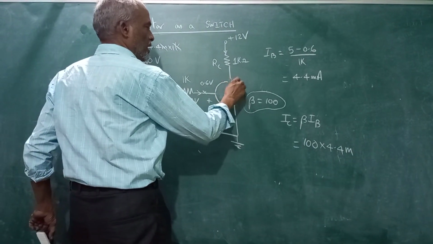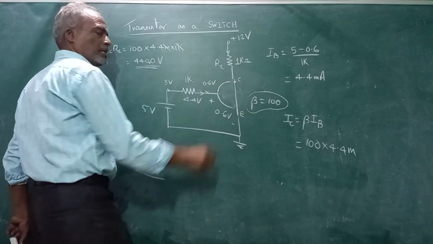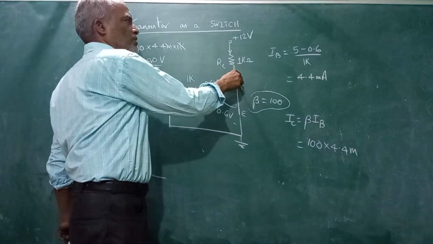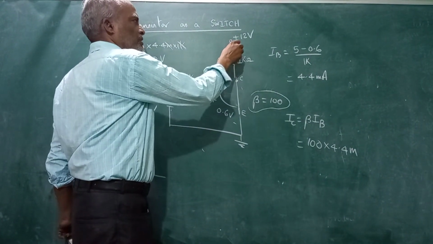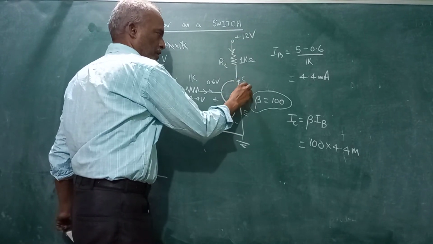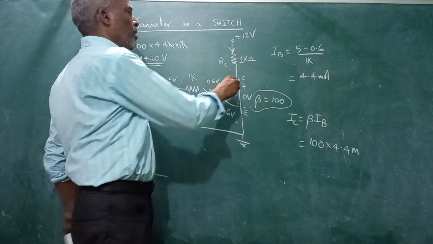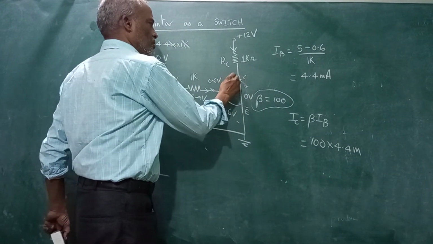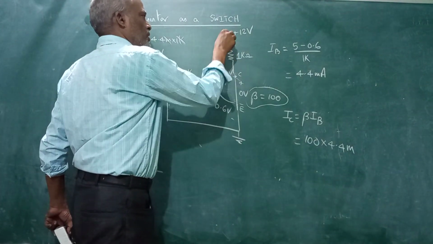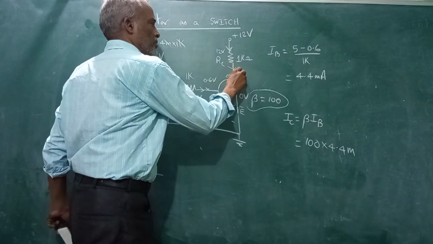So this is collector and this is emitter. So the voltage across the collector and emitter will be 0 volts. Now what will be the voltage across this one? It will be 12 volts. The current flowing here is this drop plus this drop should give you 12, but here the voltage drop is 0 volts. That is VCE equal to 0 volts. Since this is 0, this is also 0 volts. Now voltage drop across RC is 12 minus 0, which is 12 volts. Current through the RC is 12 divided by 1K, which is 12 milliamps.